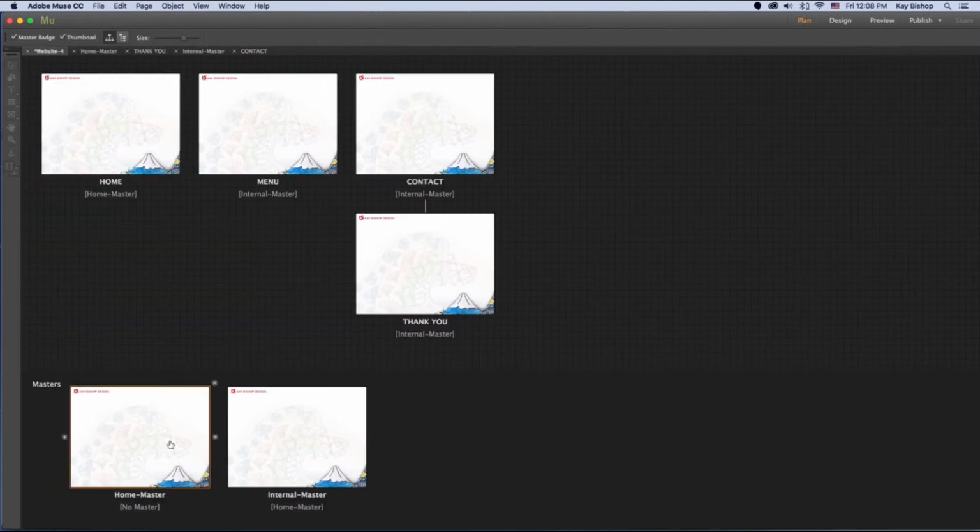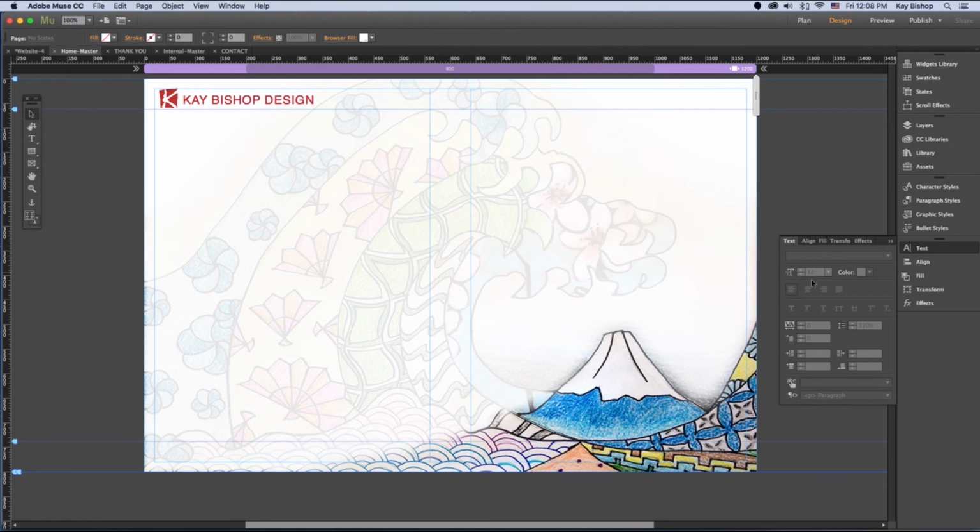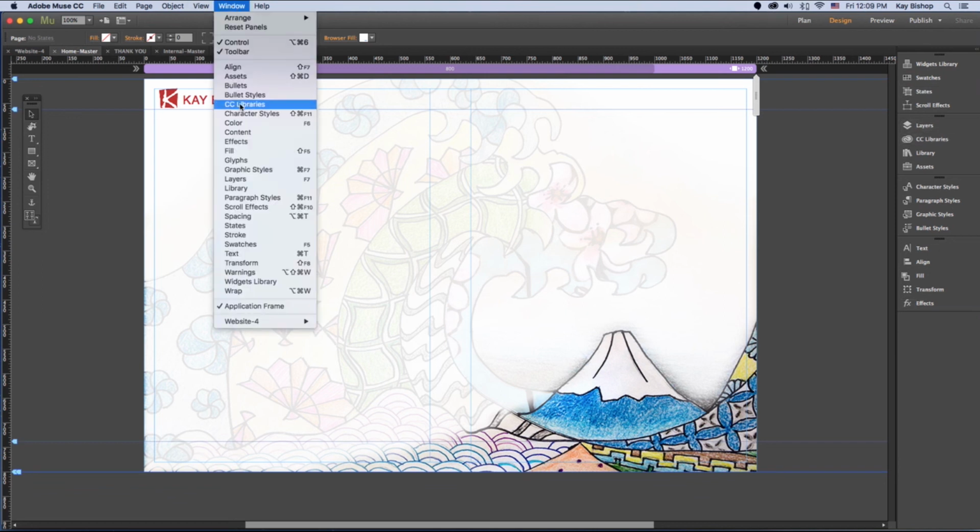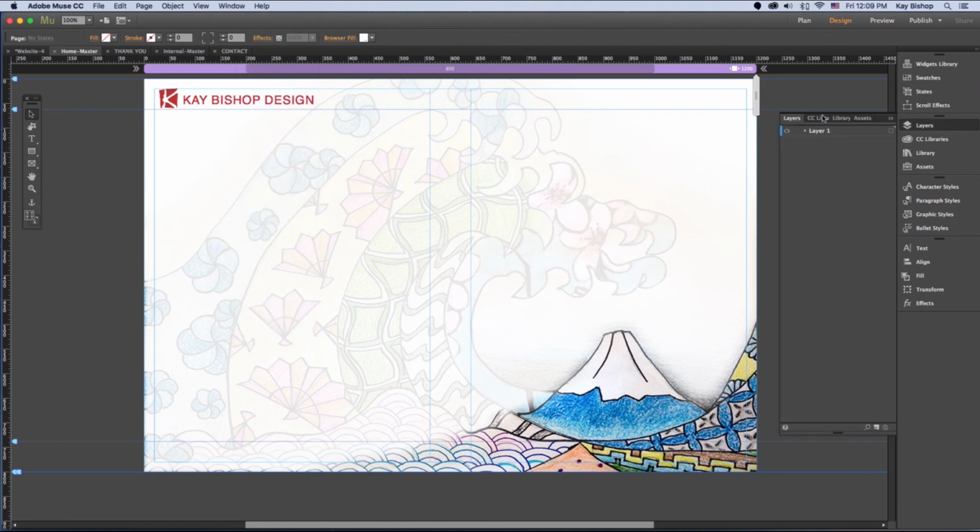I want to go back to my home master page now in design view, and I want to open up the layers. If you don't see layers here, you can go to Window and open up layers from there. I'm going to expand my layer, and I only have one layer right now. I want to create some new layers because that's going to help me when I add more elements to stay organized. So I'm going to click on the Add New Layer button, and if I double click on the name here,